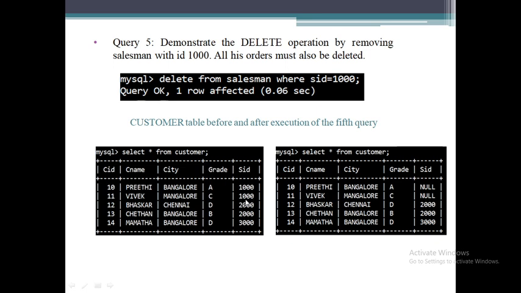After this deletion, I have used on delete set null, correct? So it will not delete the entire tuple. Instead, for the SID column, it will set the value as null.